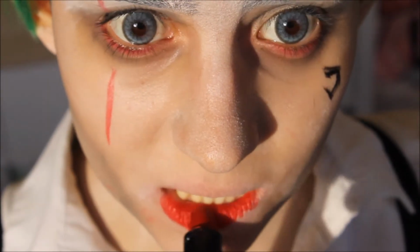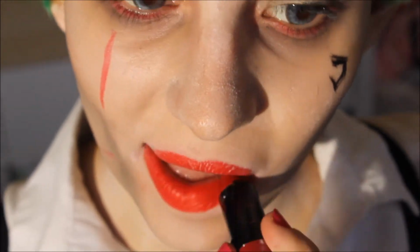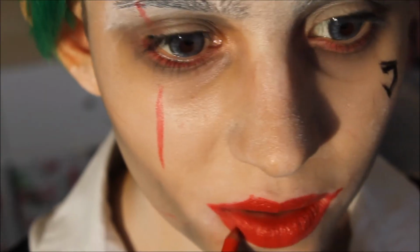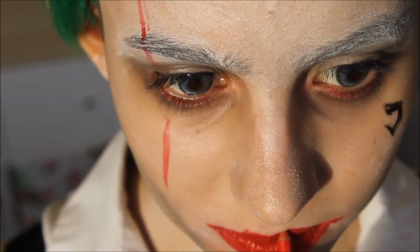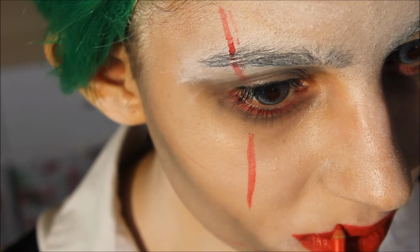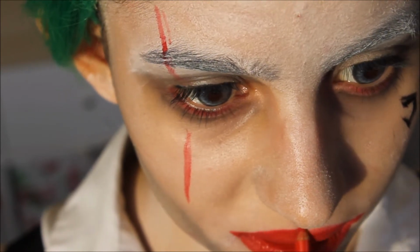Then for the lipstick, I just put on very roughly a red one. Don't make this neat, just literally do it as messy as possible. Then with the red lip liner again, I'm just making this more into a pointed big smile. I'm making my lips very big because mine are quite small, so I was just trying to make them look